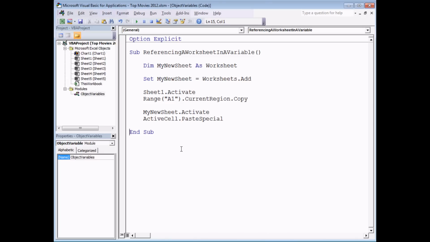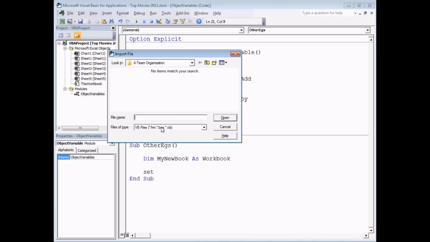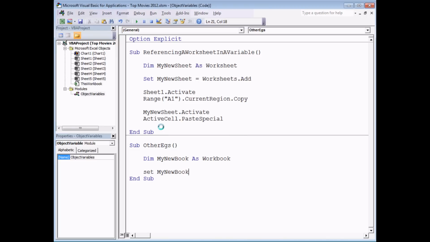It's probably worthwhile mentioning at this point that this technique I've just shown you, whereby you can create a new object and set a reference to it at the same time, can be used with a variety of other object types. So just to quickly show you what I mean by that, a couple of other examples. If I declare a variable called myNewBook as a workbook, and I want to create a new workbook and set a reference to the one that I've just created, I can say set myNewBook equals workbooks